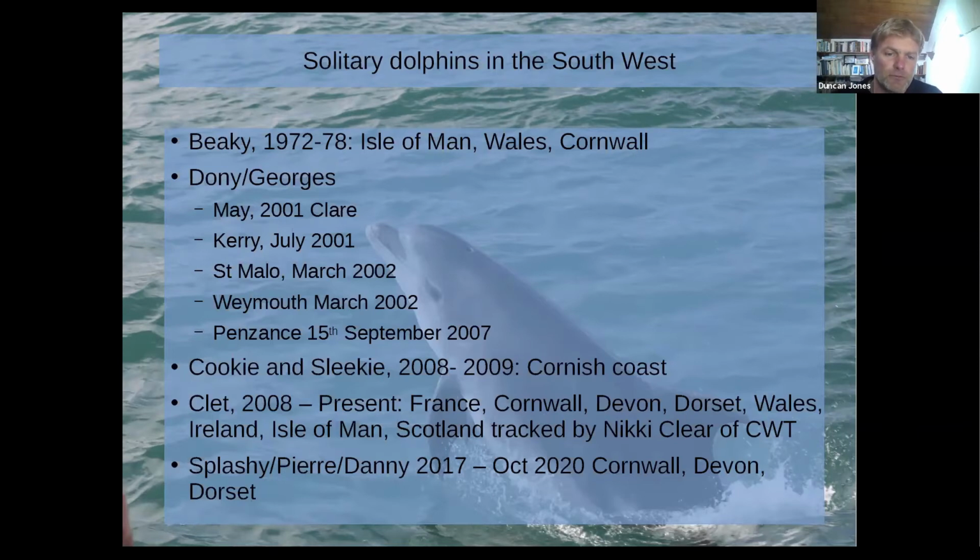But then lower down the list, we've got Clet, who turned up in 2008, who also made a long journey. And then Danny, who was previously, before Danny, known as Pierre and Splashy, also traveled around a bit. So is it that these dolphins are seeking out, looking for something, maybe another community to join? We don't know, but